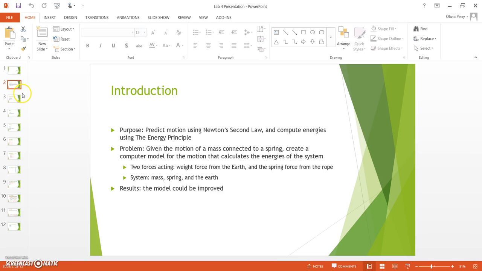In this lab, we're using Newton's second law and the energy principle to predict the motion of a mass connected to a spring and compare it to experimental data. My objective is to create a computer model to model the motion and calculate the different energies of the system,